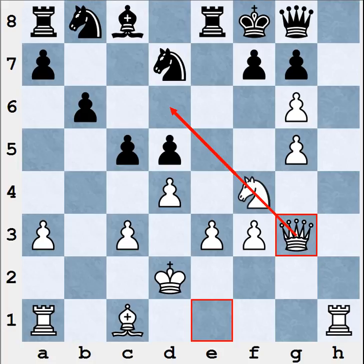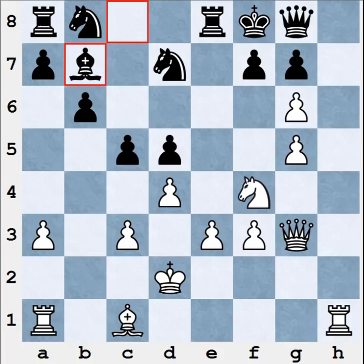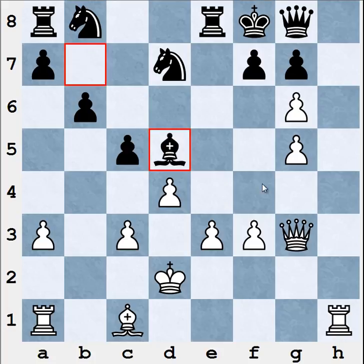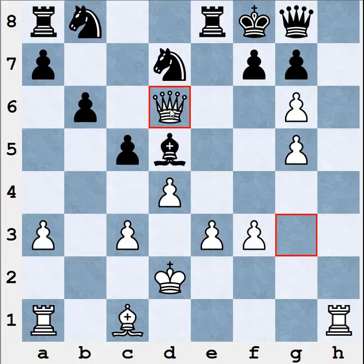In addition to that, white is still attacking black's pawn on d5. Black tried to protect it with bishop b7, but it didn't help. White still can capture the pawn, which he did in the game. Knight takes d5. The point is, after bishop takes d5, white not only regains the piece after queen to d6